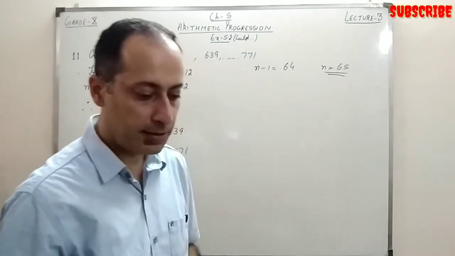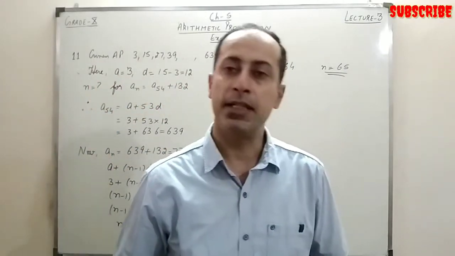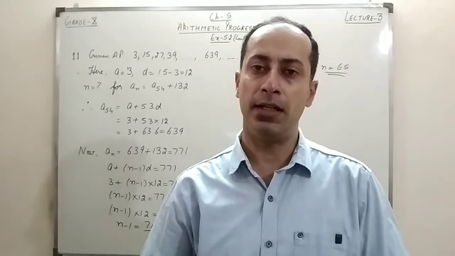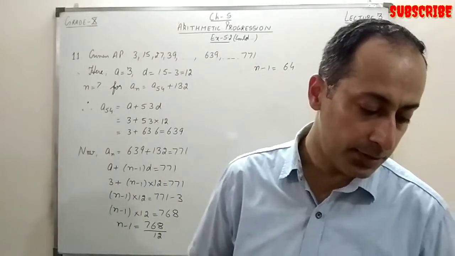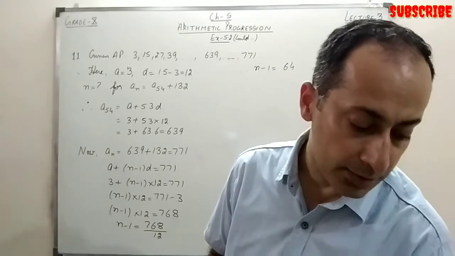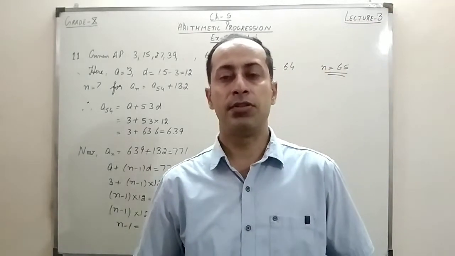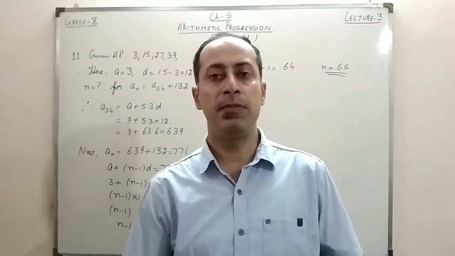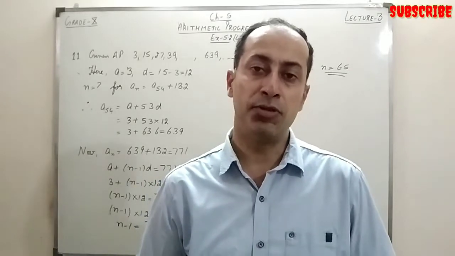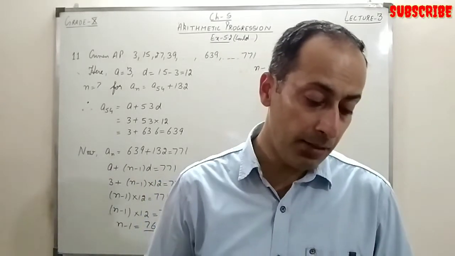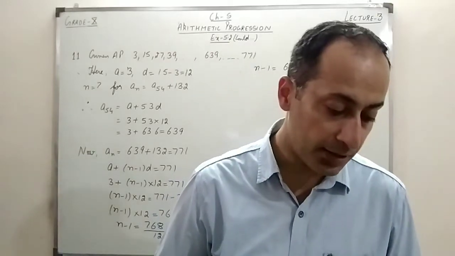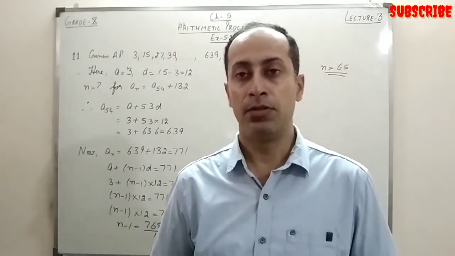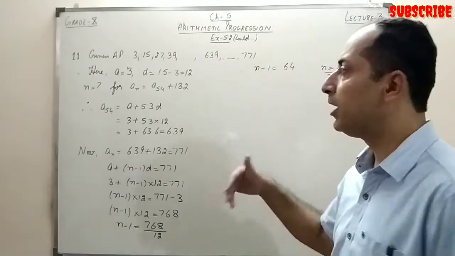Now let's take the 12th question. The 12th question is quite simple. It's given that two APs have the same common difference. So the APs are going parallel with the same common difference, and the difference between their 100th terms is 100. Since the APs are parallel, the difference between any of their corresponding terms would be the same. It means that will be 100. So they are asking what is the difference between their 1000th terms. It's a very simple question. I'm not going deep into that.